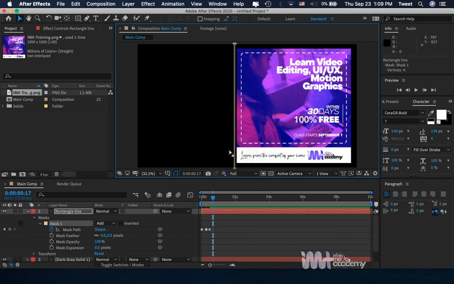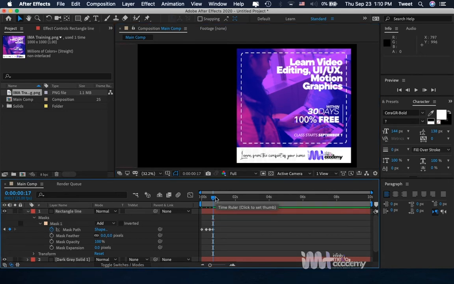All right, so now I'll press shift and the down arrow key on the keyboard to move the 2 points down until I can no longer see the mask on the screen. Okay, so now if I play back what I have,